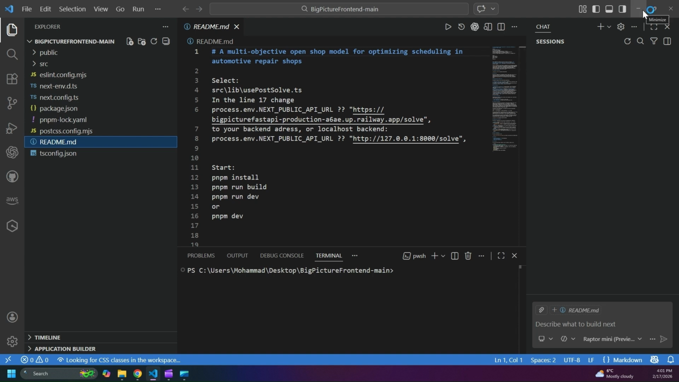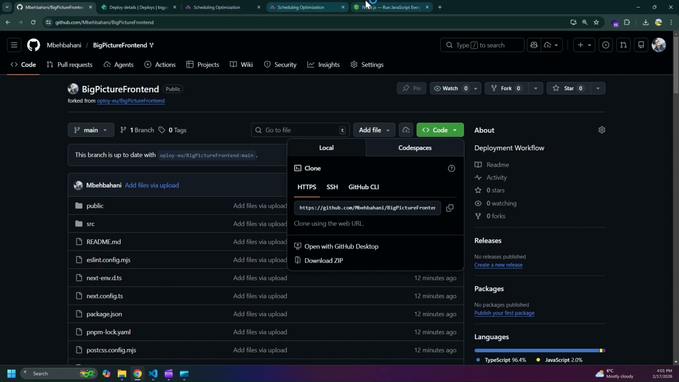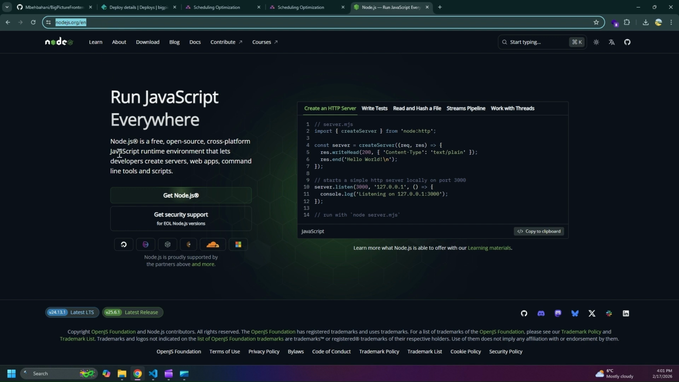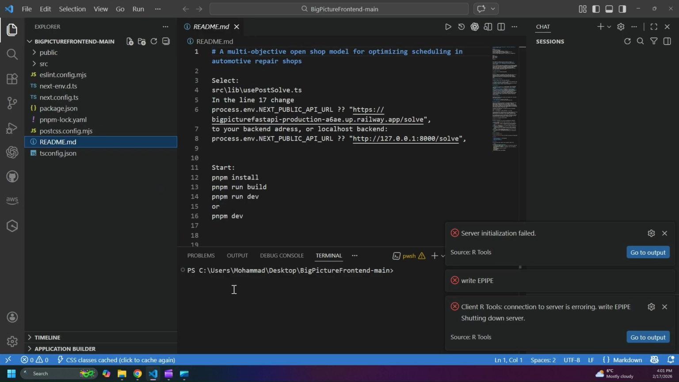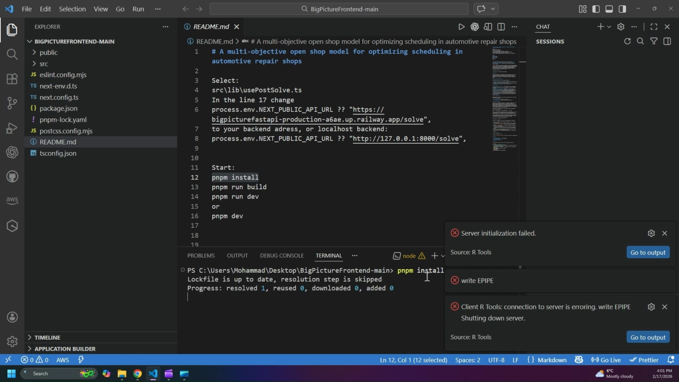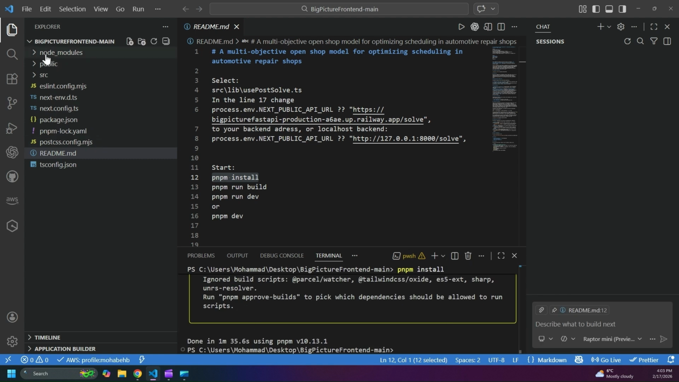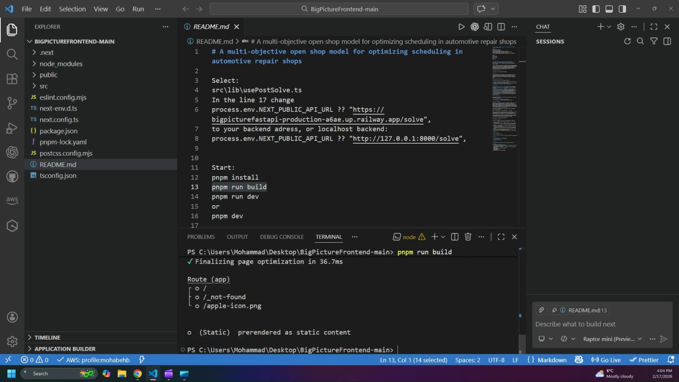First, you should install Node.js on your system. I show you here in this address, Node.js. You should download and install on your system, and then implement these commands. But the settings are on pnpm. Okay, you can see the node modules here, and then you should run pnpm for build. Okay, there isn't any problem,